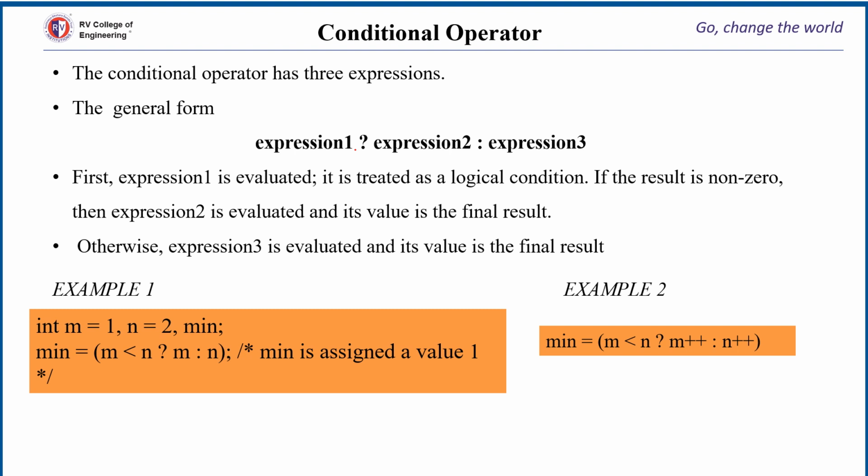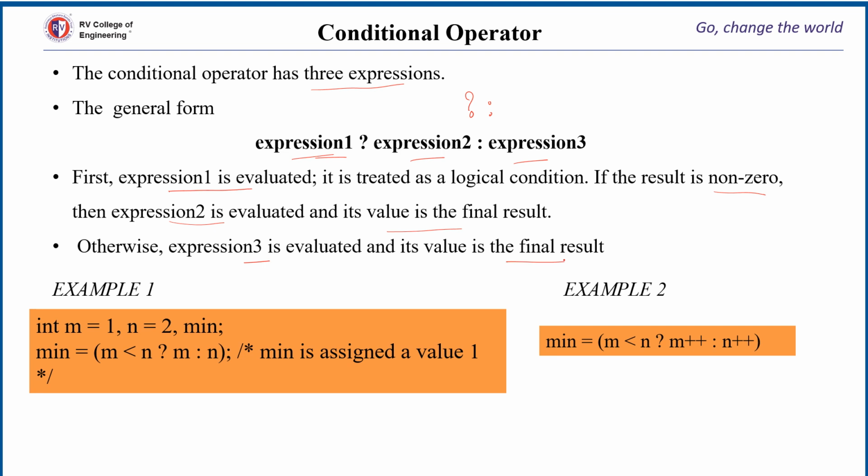Okay, coming to the conditional operator, it has 3 expressions as discussed: expression 1, expression 2 and expression 3. And what is that operator? It is a question mark followed by a colon, right? So how is this evaluated? Expression 1 is evaluated first, right? It is usually a relational operator or a logical operator. If it results in a non-zero, then expression 2 is evaluated, and its value is the final result, right? If this expression gives you false,